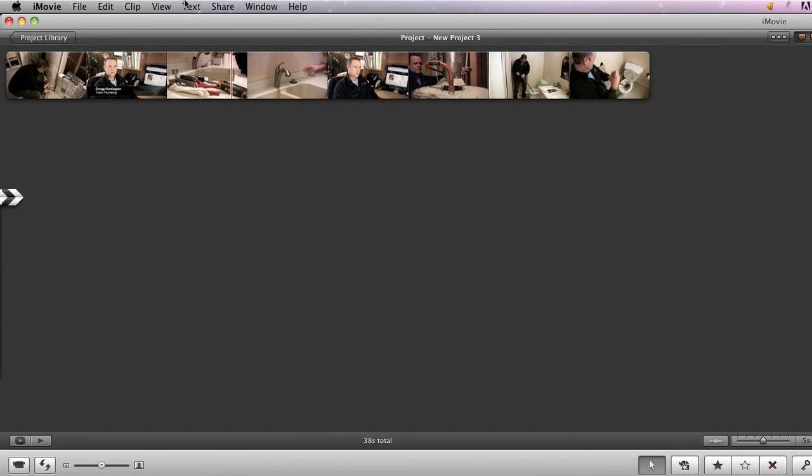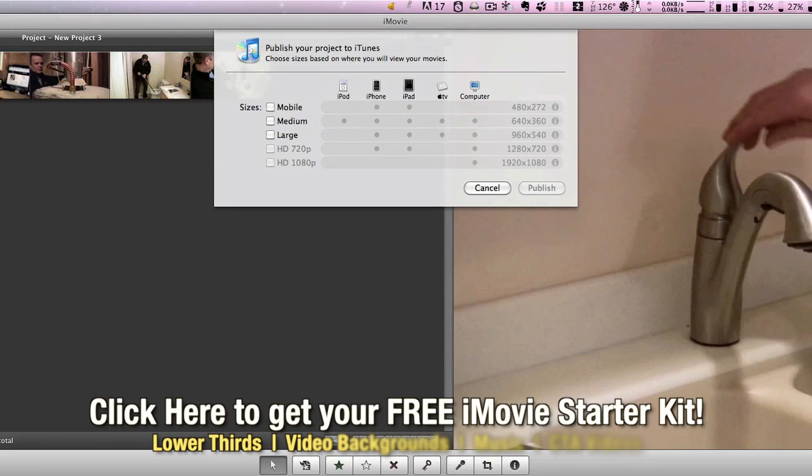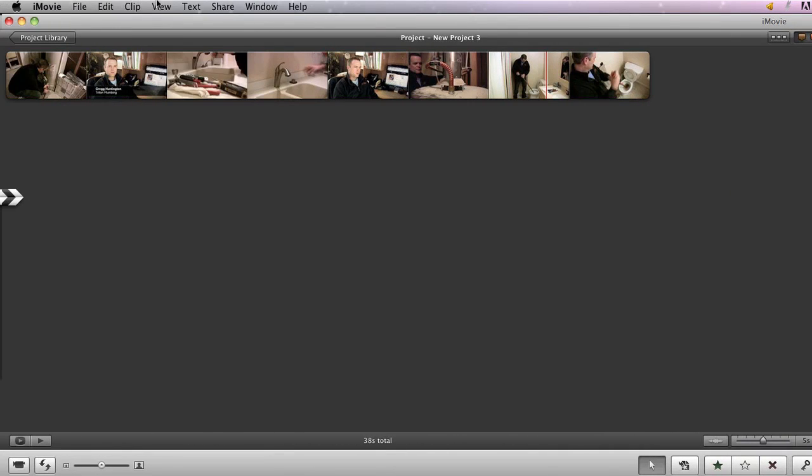And let's take another look here. We'll go up to iTunes. And you can see here what this allows you to do is to export your video. In our case, we have a 960 by 540 if we choose large. And it'll show you on the chart here exactly what this movie will play on. It'll play on the iPhone, the iPad, the Apple TV, and on your computer. And also with the iPhone, don't forget that's iPod Touch as well. Same thing. If you were to hit medium, that would give you a format that will export to the older iPods as well. And going back to our share menu,